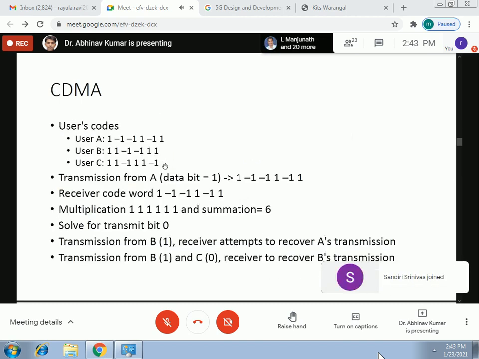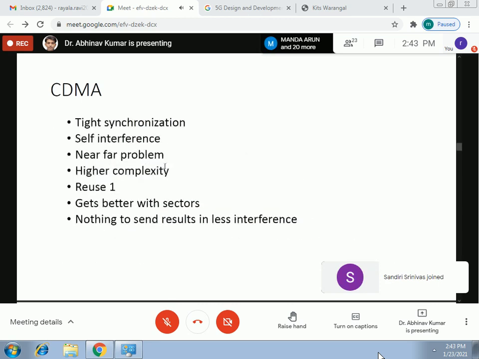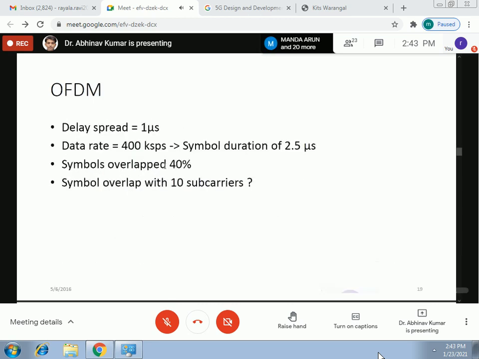We can do something similar for CDMA, but in the interest of time, let us directly go towards OFDMA. Now in OFDMA, we are essentially using the concepts of OFDM, but there is a key differentiating factor between the two. Please note, OFDM is essentially orthogonal frequency division multiplexing. It is not a multiple access scheme. So I need to use OFDM with another multiplexing scheme, with another multiple access scheme, right? That multiple access scheme can be TDMA, right?